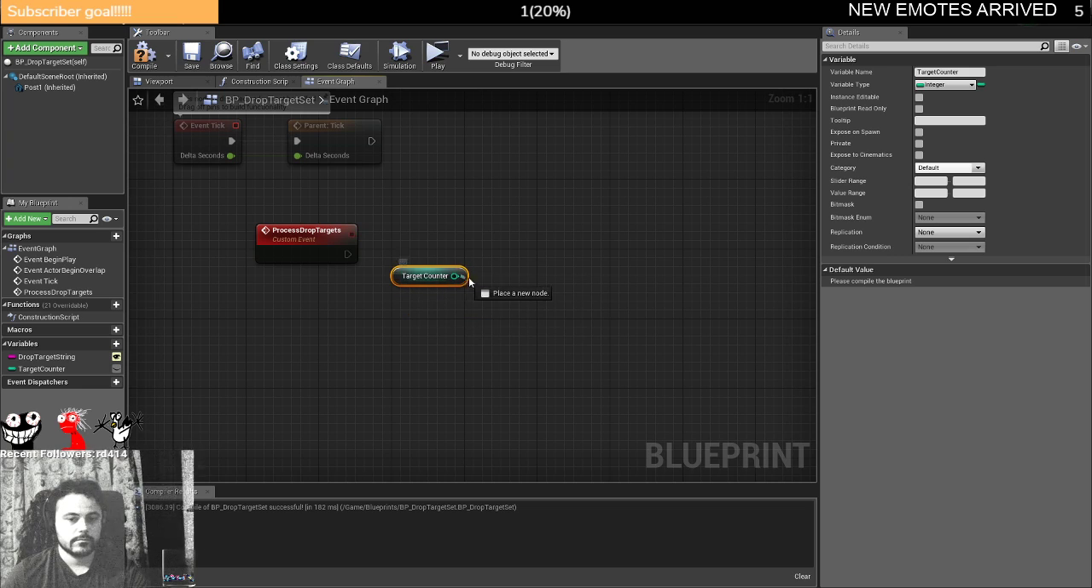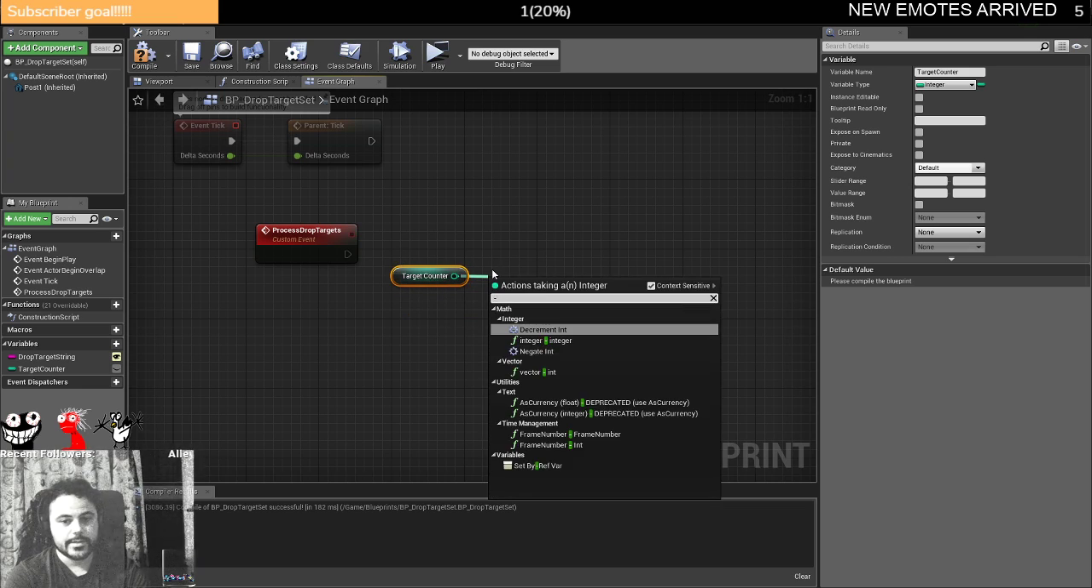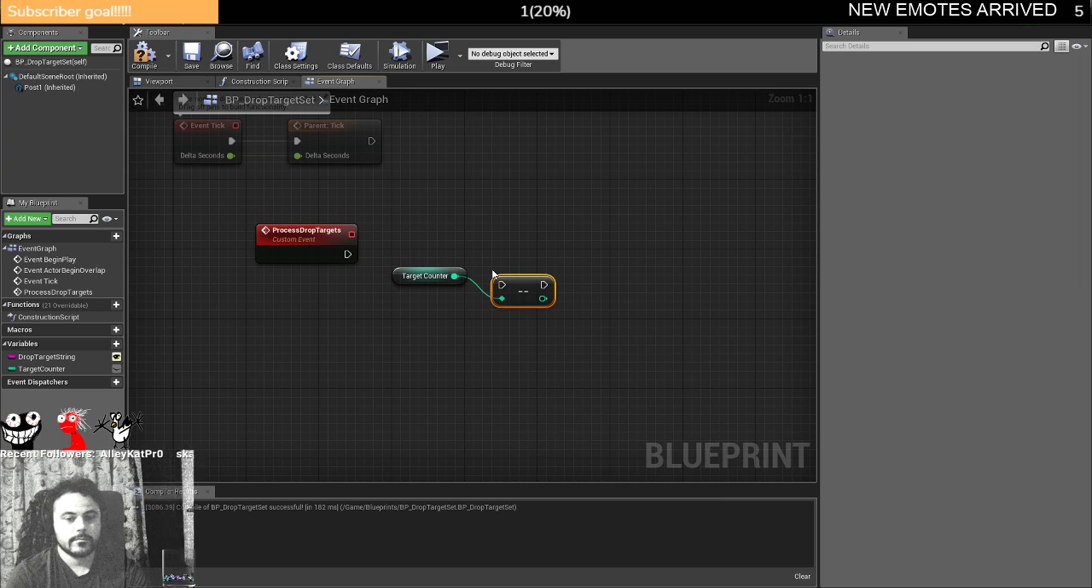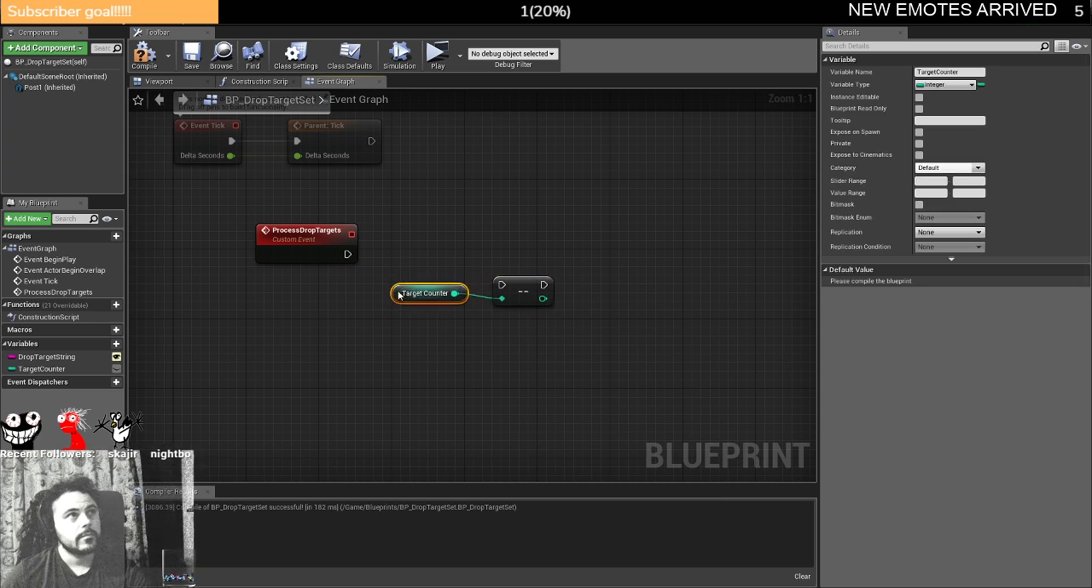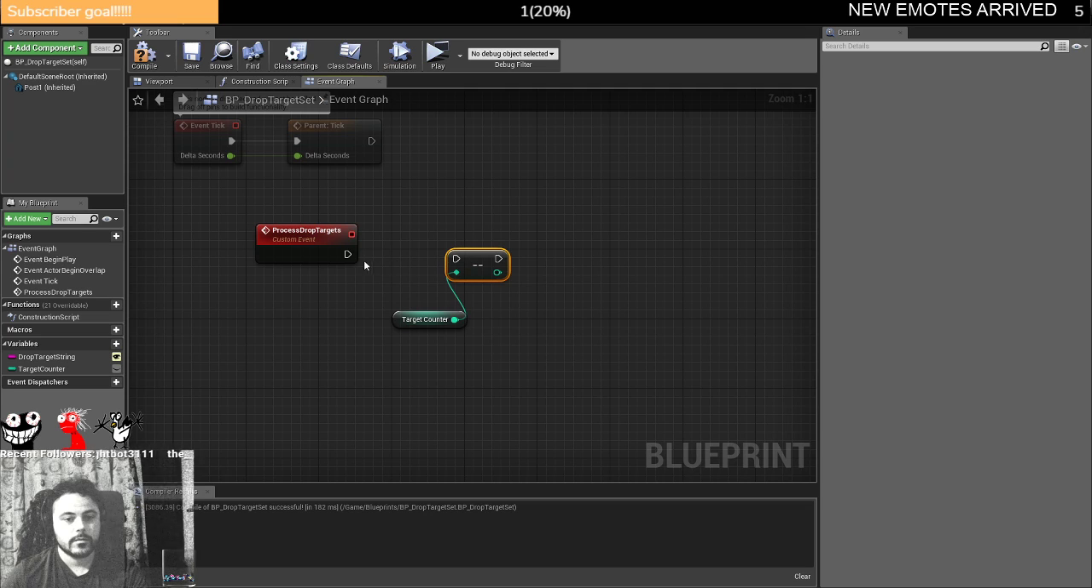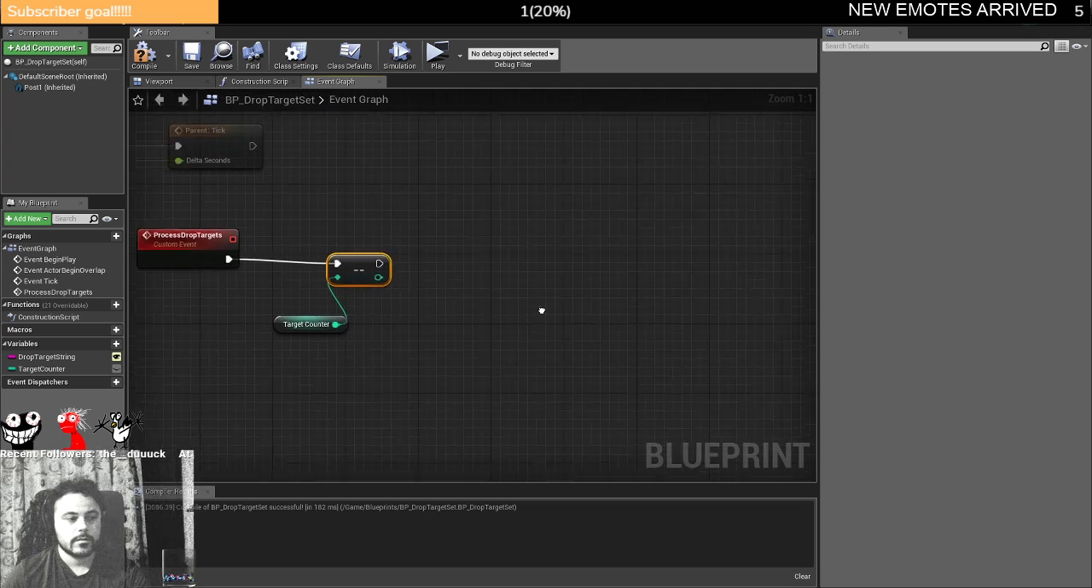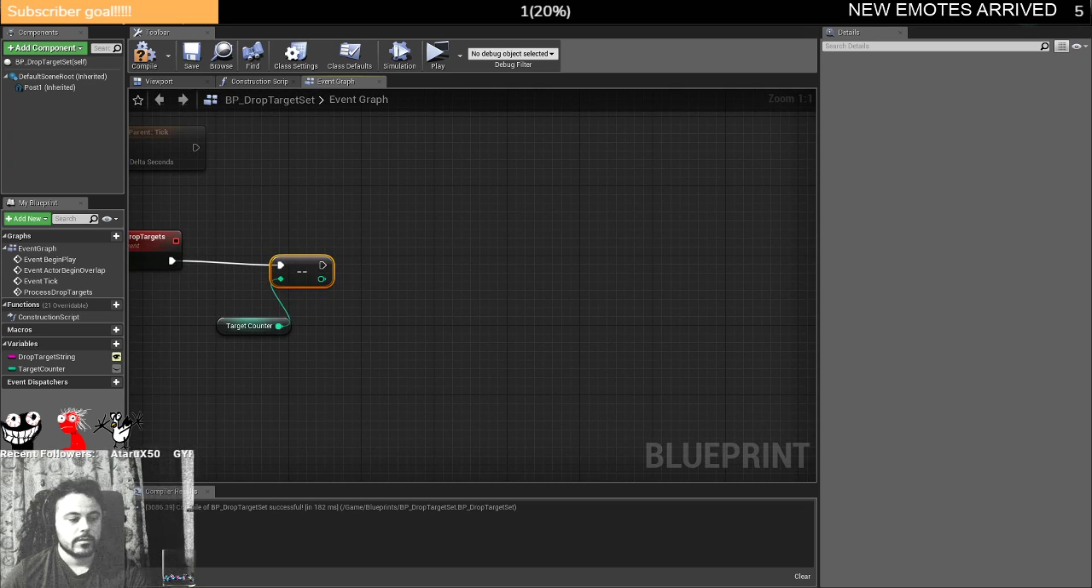So subtract 1 from it. Minus. Now after I've done that, I'm going to see if this is equal to 0, because if this is equal to 0, we're going to do a branch, because that means that all